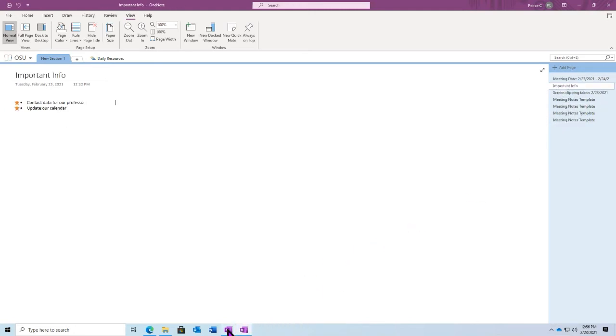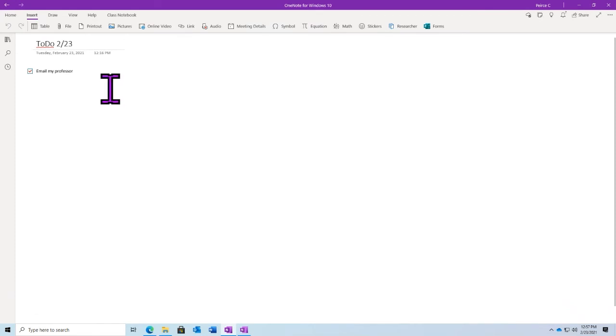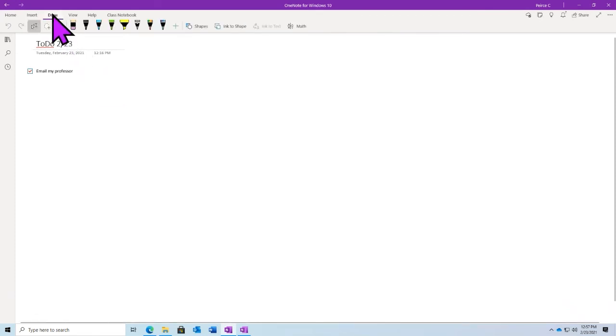Yeah, absolutely. And in fact, for handwriting, I recommend using the Windows 10 version. I prefer to use that one when it comes to handwriting. And we also have a couple of other options that are available within our handwriting features in the Windows 10 version. So one of those that I really like is the ink to text that is available in both versions. So we can write out any text here. Sorry, I'm trying to write with a mouse right now, so it's a little awkward, but we can select it and use ink to text, and it will automatically convert our ink to editable text.